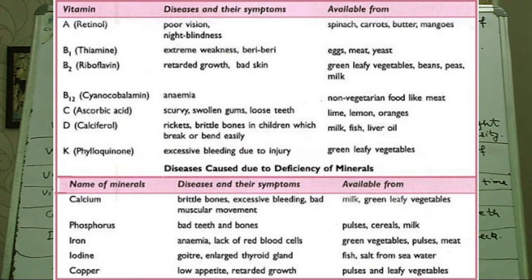So many problems are there. So we have to take a variety of foods, not only concentrate on one kind of food, because that one category of food can create so many problems. There are problems regarding carbohydrates, fats, and deficiency of proteins. But in this chapter, we have only a few of the deficiency diseases that are related to vitamins and minerals. Coming to the point, that is deficiency diseases.